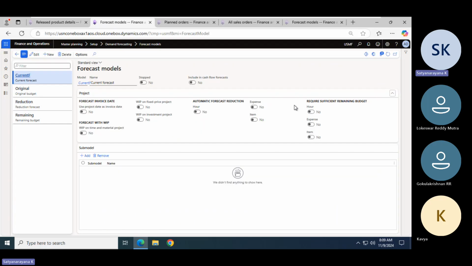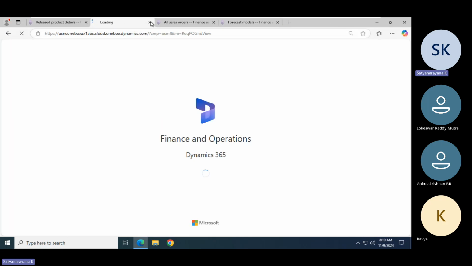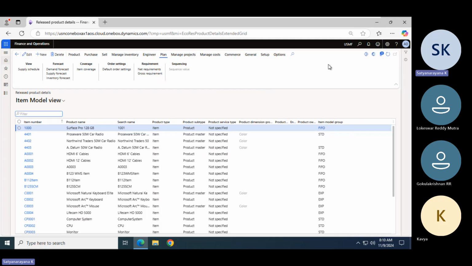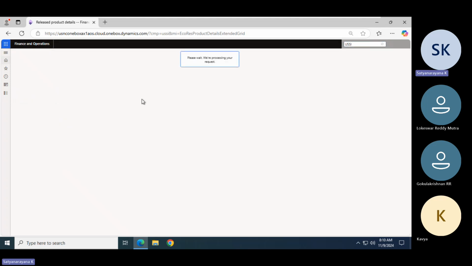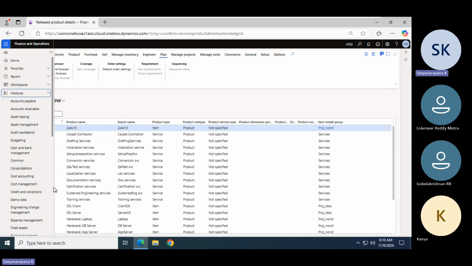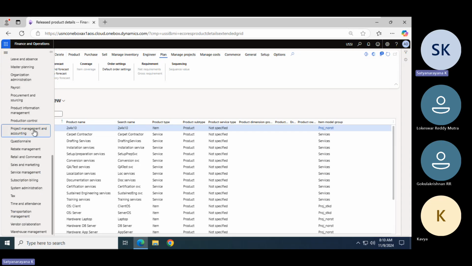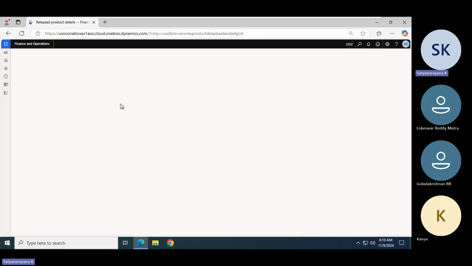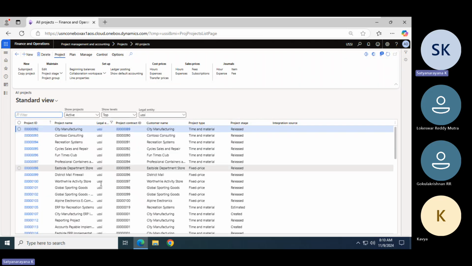Whenever I'm explaining this product, first I will explain in the USSI company. If you want to practice service industries or project management accounting, the majority of setups are configured in USSI. In this company, it is there. If you want to practice service industries, that is the PMA module, setups are available here. In this, you are going to learn first. Project management accounting, projects, all projects.